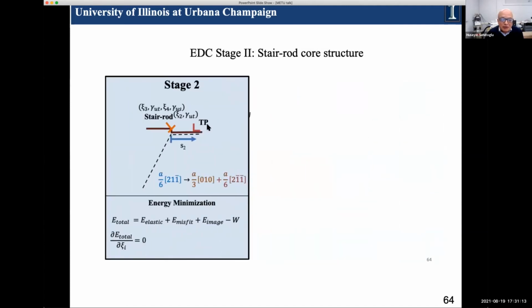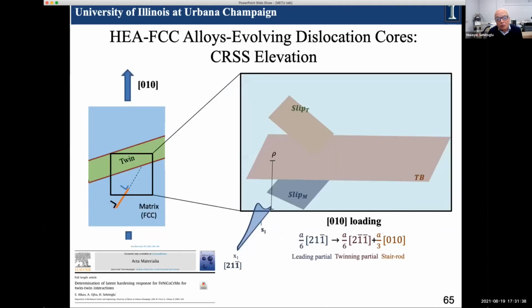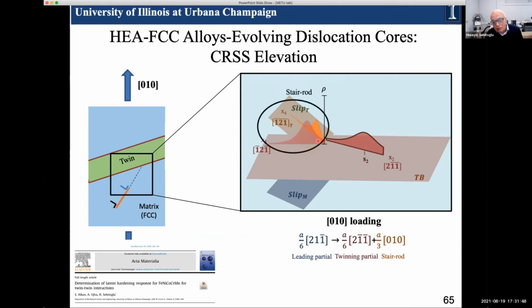So there are a lot of parameters. There is the core width of this dislocation. There's the gamma UT, gamma US appearing. There's core width of this one, core width of the incoming, which are all unknown. Because when they are interacting, core widths are evolving. It's not a fixed core width. Like we can't say it's lattice constant divided by this much. That's what we're trying to determine now. And we point out also that when that slip comes in there, that residual actually is split on two planes. So here are the two planes.